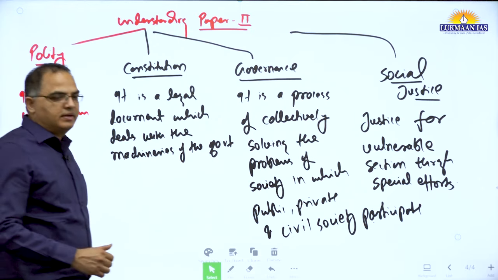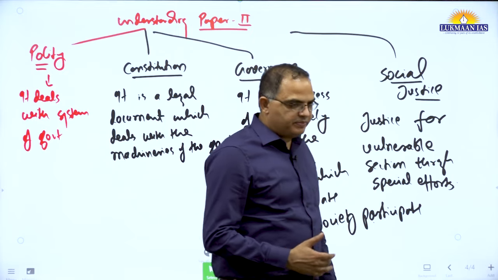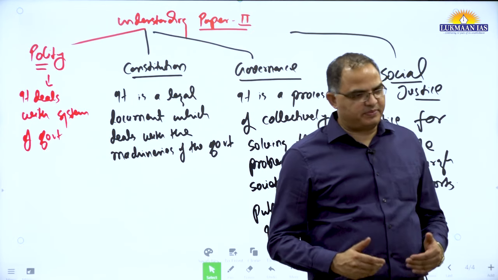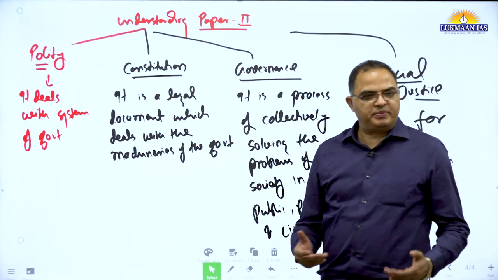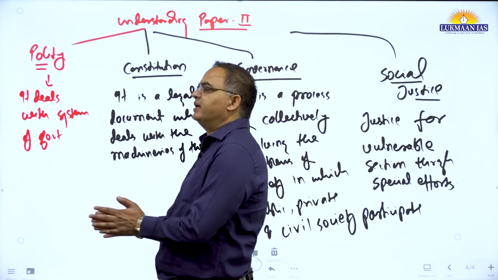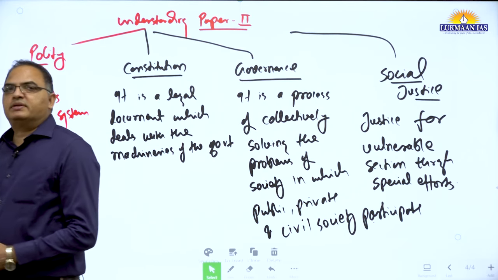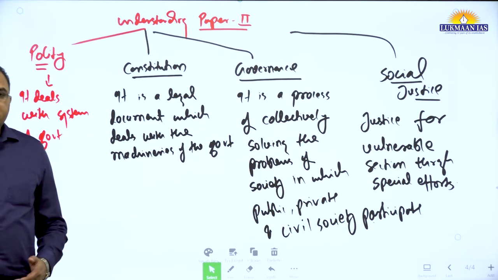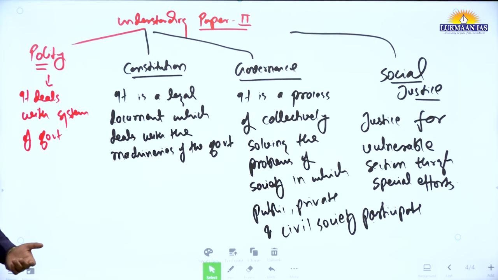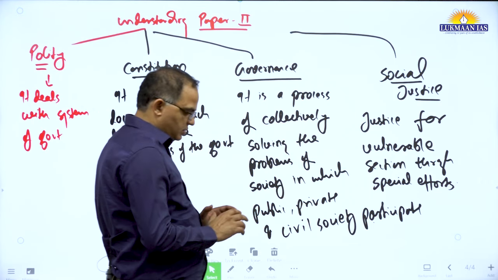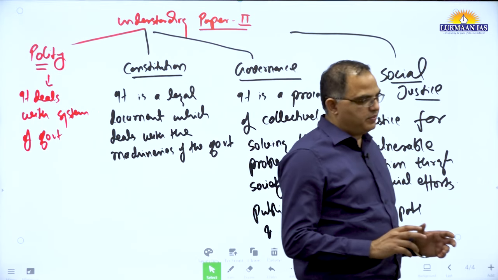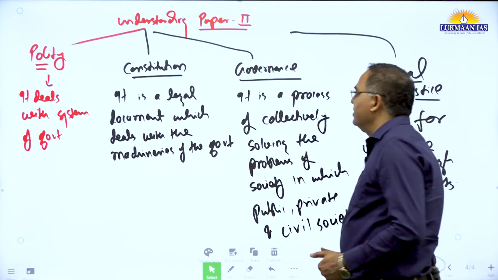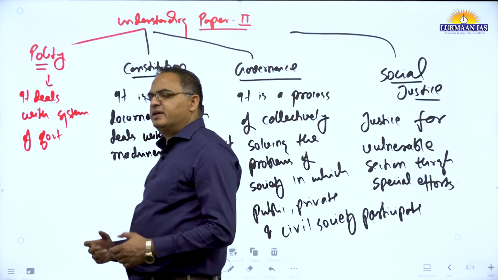So now we have started gradually understanding paper second, and we'll try to build today's understanding related to paper second. Even if some of you know it, we still teach and tell all these things. So it is important to understand them. When we say polity, it is a system of government. What is that system of government? We'll elaborate later. When we say constitution, it is a legal document.